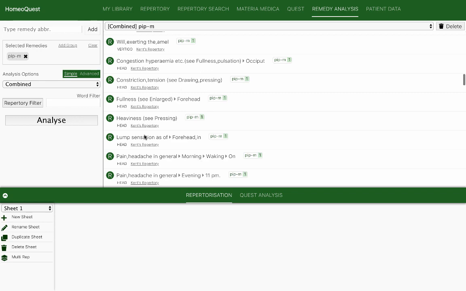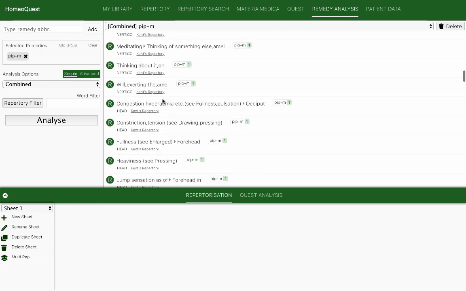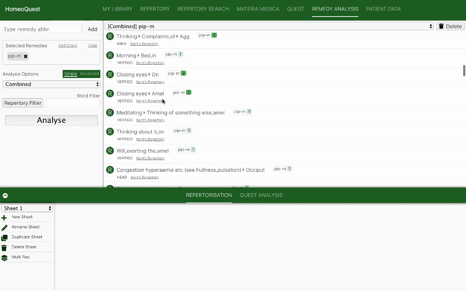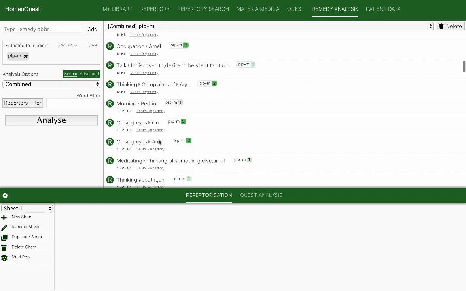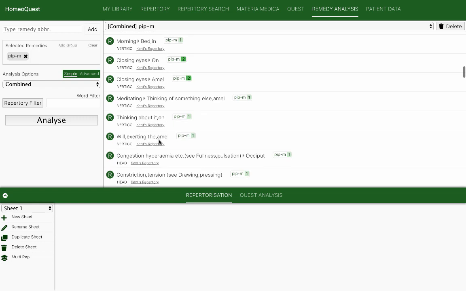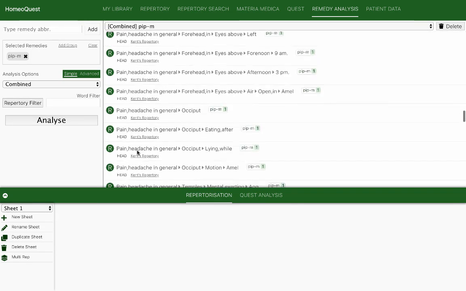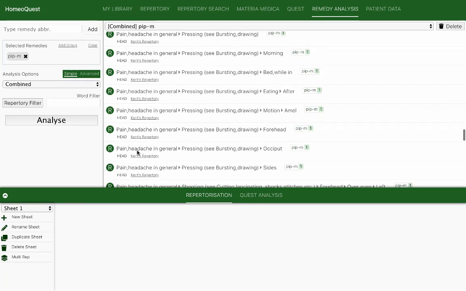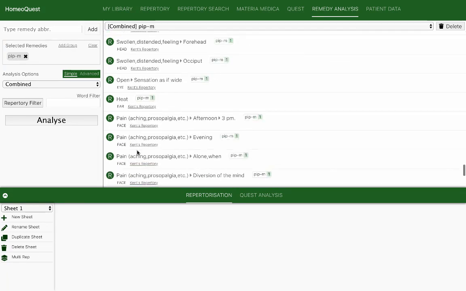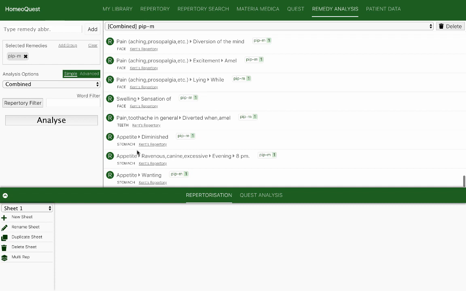Now, I'm learning about Piper mate, and you can see how variations come up when you start looking at individual symptoms. So these are all the symptoms of Piper mate. They've come from the Kens. In all the sections of Kens, they'll come from every repertory where Piper mate is present. So we have lots of Kenton rubrics, but we will also have rubrics from other repertories as we move. Now, what I would do here is, because I've used Piper mate a lot in headaches,